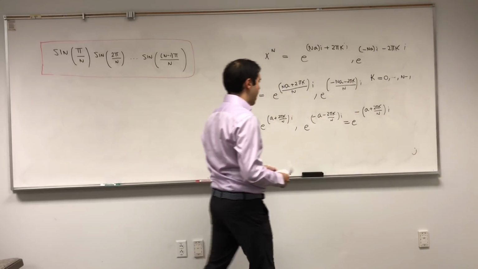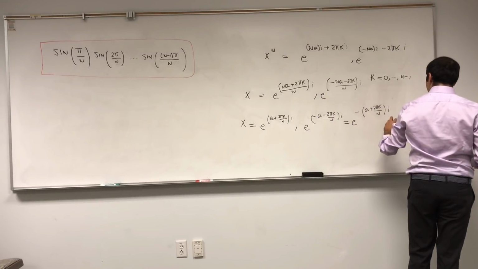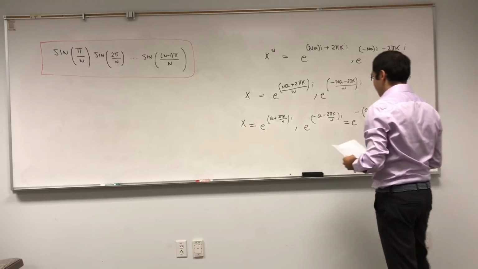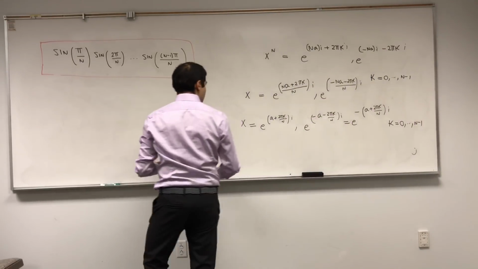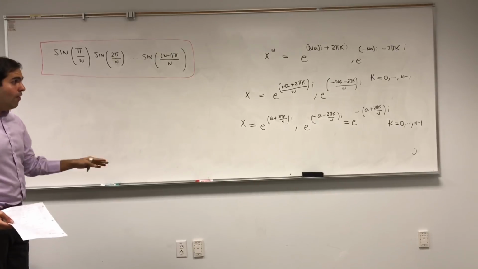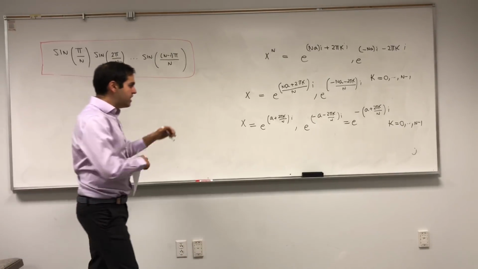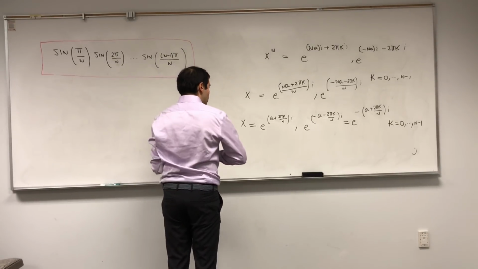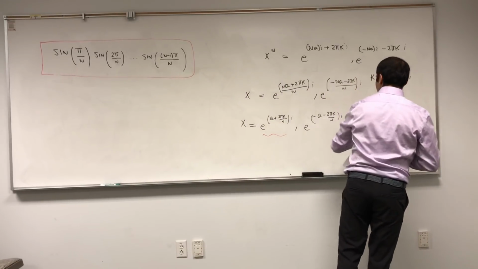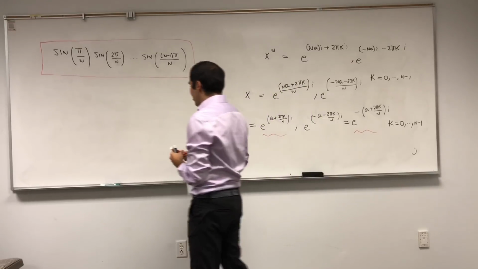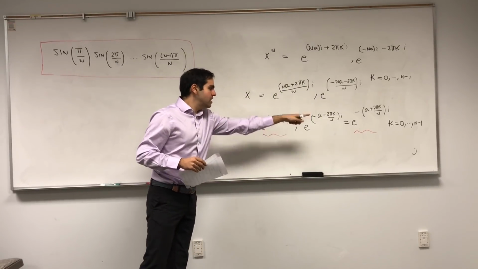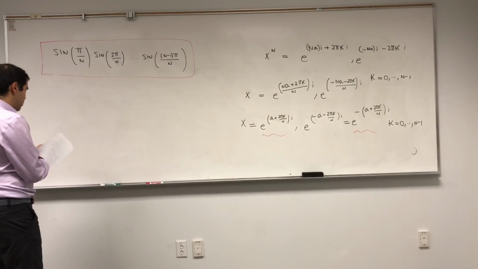And this is for k goes from 0 to dot dot dot to n minus 1. Alright, what does that tell us? It tells us that those are the roots to our equation, and because those are the roots to our equation, it means our equation can be written as x minus each of those roots. So therefore,